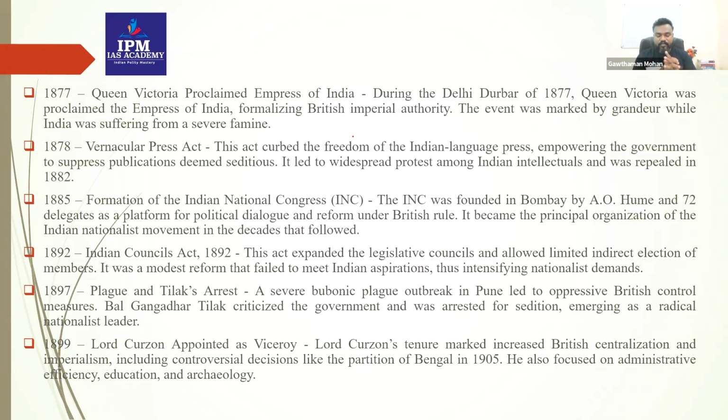from a severe famine. So during that time, India was going through a severe famine, especially in the Bengal regions, and during that time only this large event happened in Delhi, known as the Delhi Darbar. So there was a lot of criticism against the British rulers during that time period. Then comes